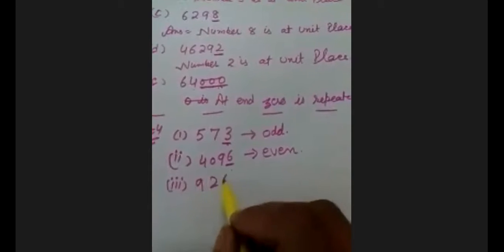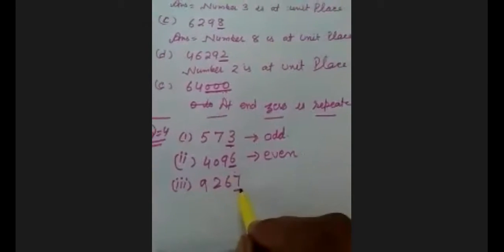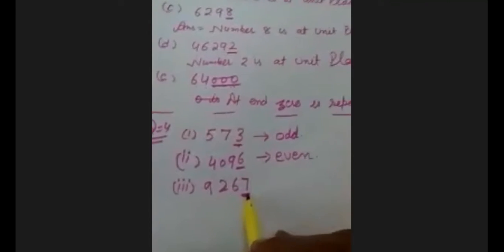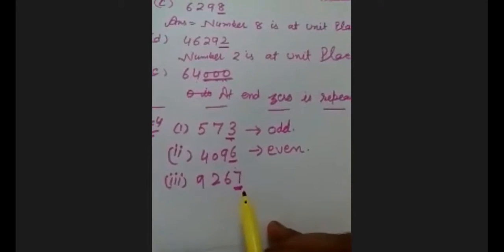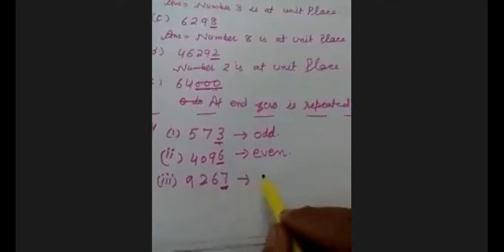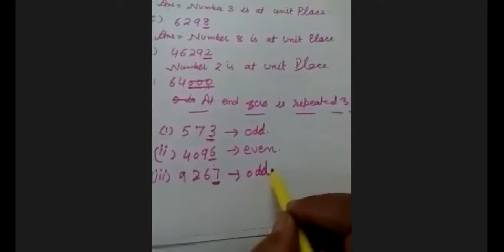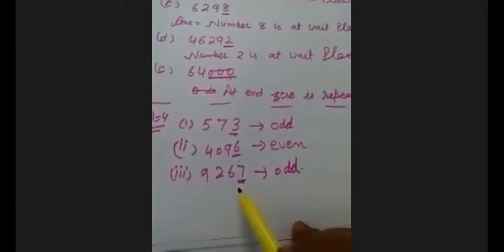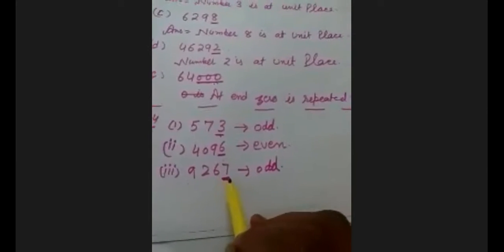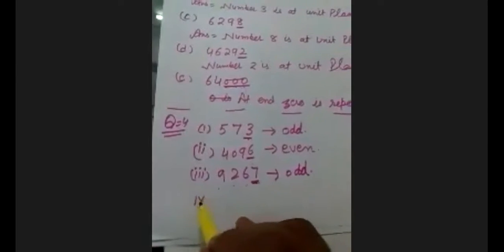9267. Last digit is 7. It means 9267 is an odd number. So it is a square of an odd number, and the reason is the last digit is 7 and 9267 is an odd number. Next is fourth,